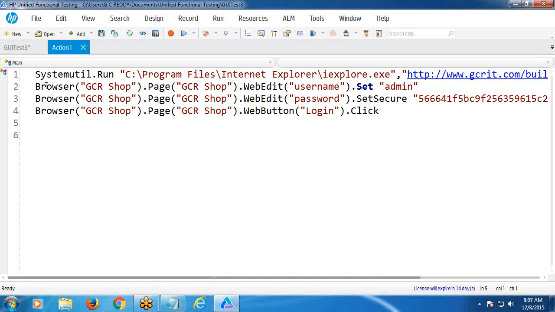See, most of the time, browser name and page name are the same. Home page name is the same. If it is another page, it varies. That is not a rule, but most web applications follow that method. Browser, page, web edit are also test objects, but the hierarchy is there, sub-child test object. Username is